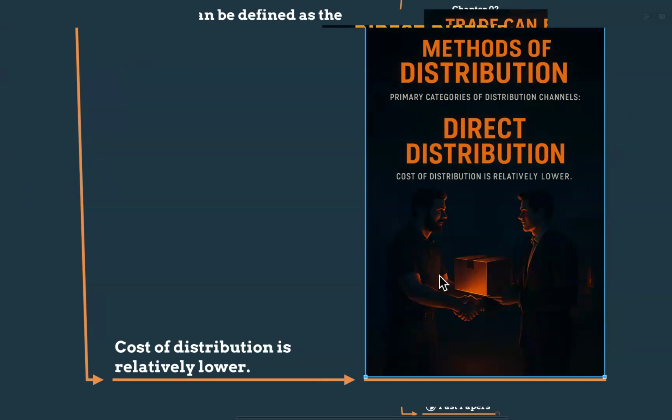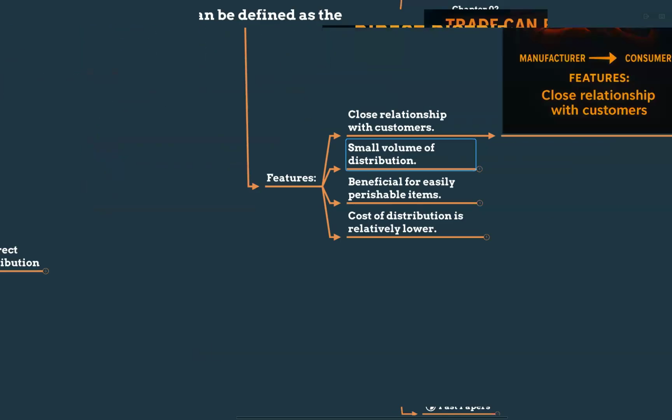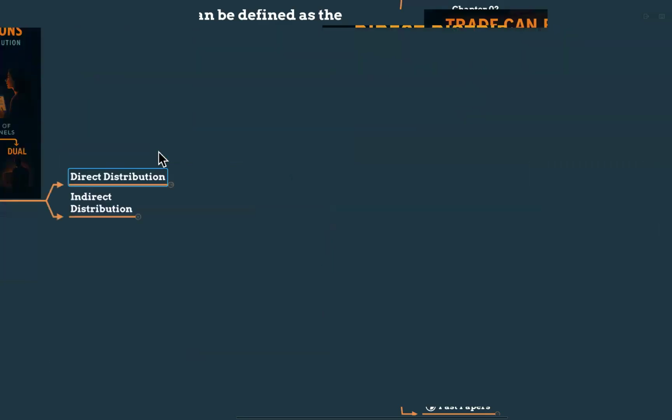Every Sunday, at the good shed in Bathramulla, farmers come from Nuwaralia to sell their vegetables directly to the Colombo families. No middlemen, no middlemen at all. So that is fresh products, better prices for both, right? So these are the features and the benefits of direct distribution.